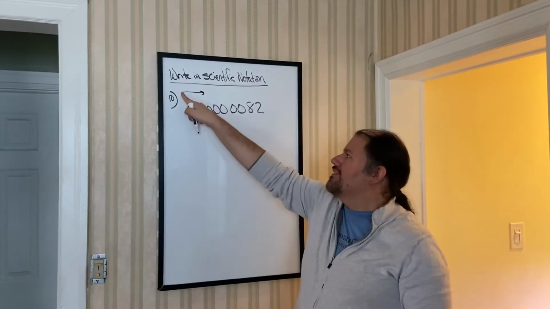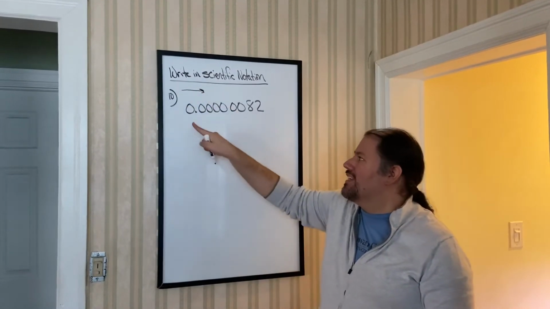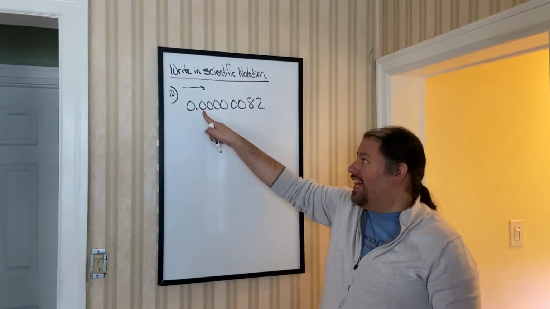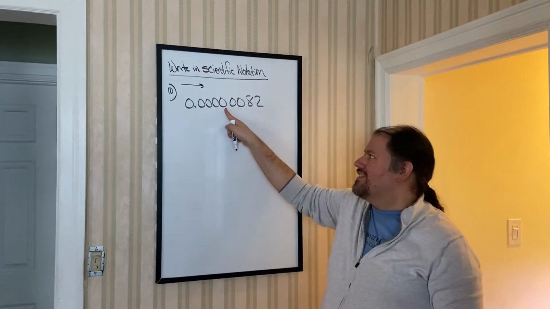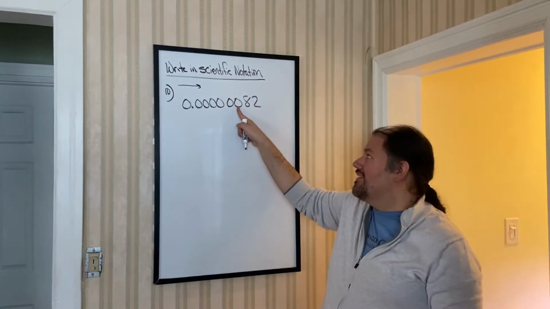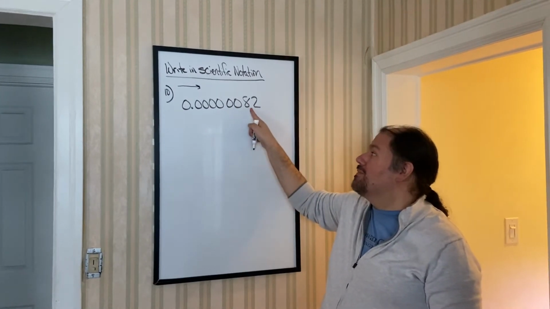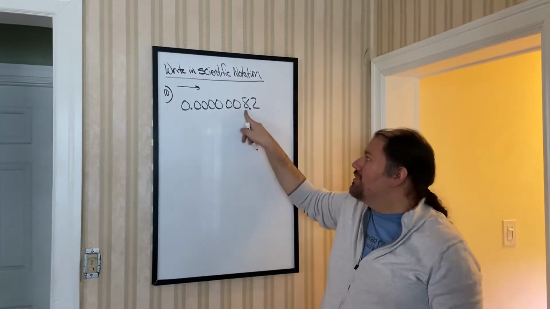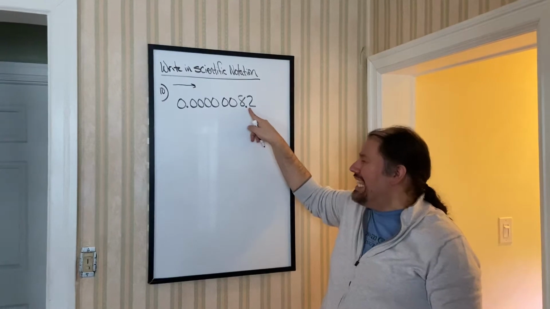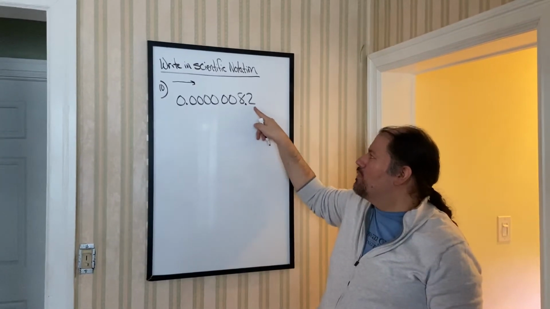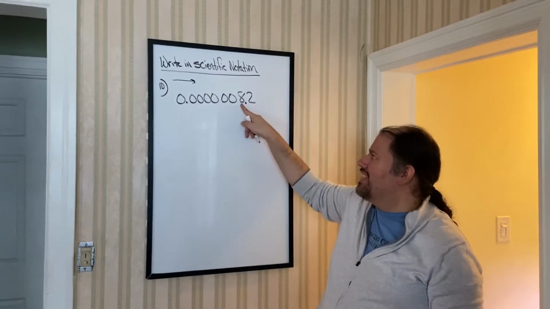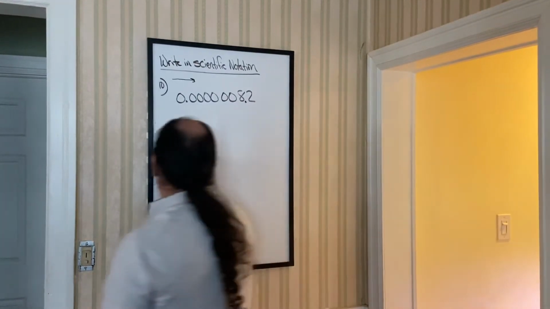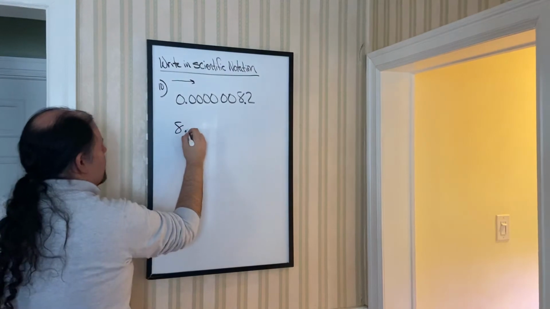Now when I do this, I always go, just like I told you how we read, we're going to start from our left and work our way to the right. So this is a 0, no good. Has to be any other digit that's not a 0. 0, 0, 0, 0, no good. 0, 8. So I'm going to put the decimal point behind the 8. Now notice by putting the decimal point behind the 8, this is between 1 and 10. 8.20. Good. So our decimal number is going to be 8.2